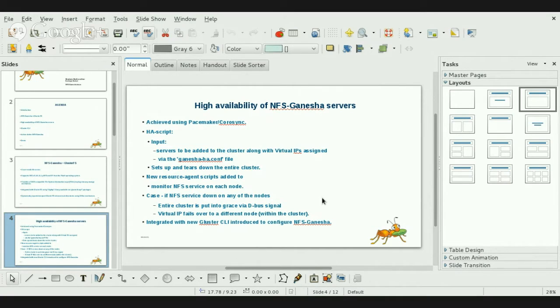So that means to say, let's say you want to add 4 nodes, that is RHS 1, 2, 3, and 4 to the Ganesha HA cluster. You have to have a VIP assigned to each of these nodes, and you have to provide this pair of server and VIP for making the solution work. And these input parameters are taken via a configuration file called ganesha-ha.conf file. And what the script internally does is it sets up the entire cluster for you. The entire HA cluster is set up, and also the script can be used to tear down the cluster as